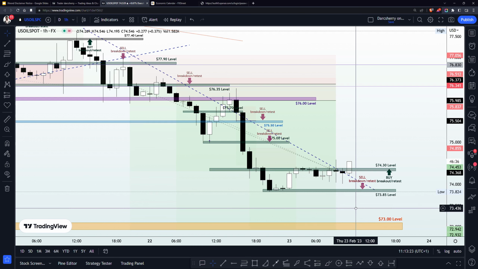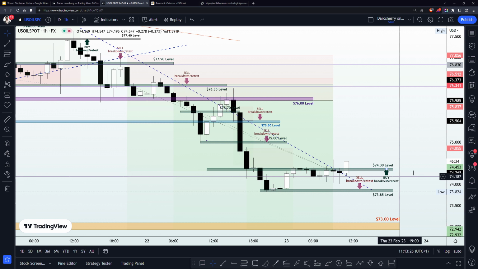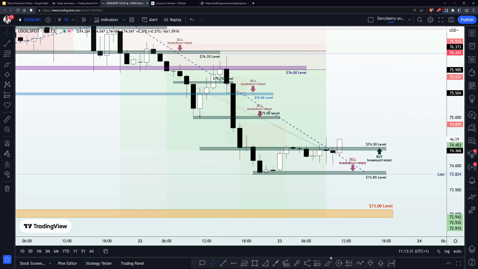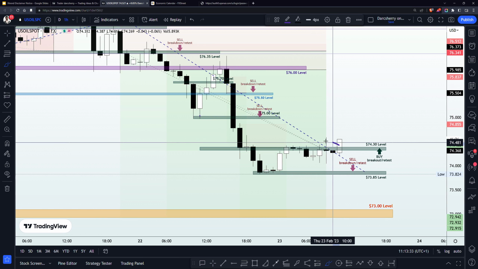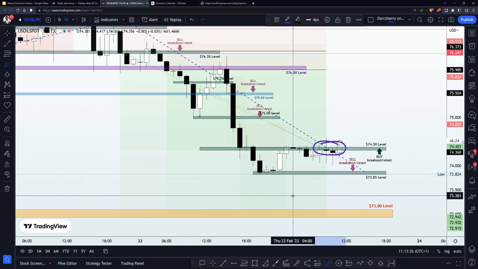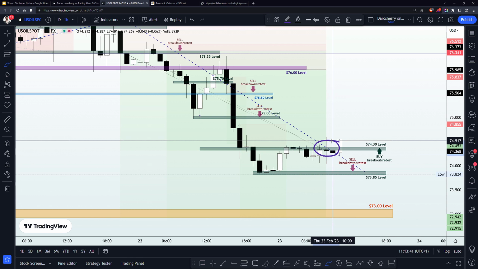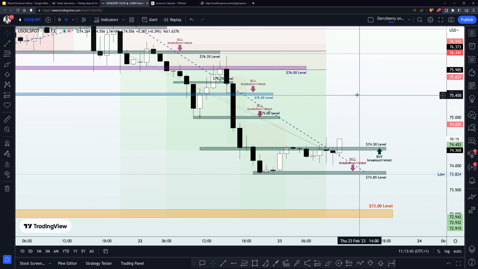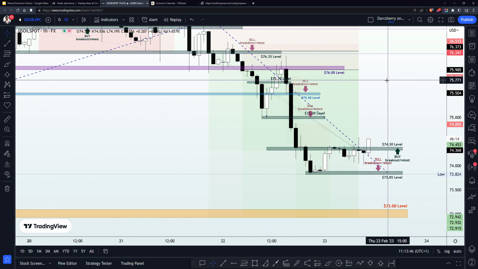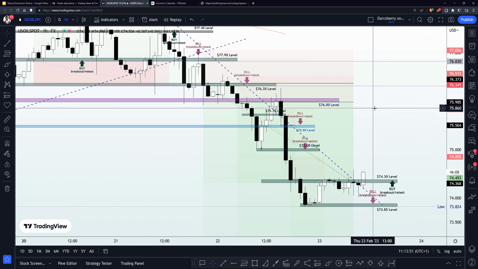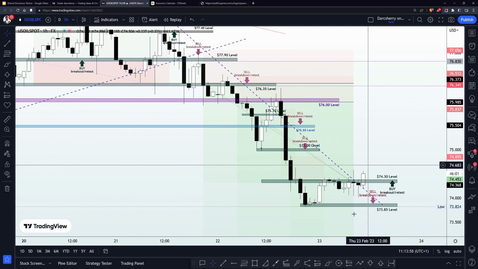But for those who are still in this trade, I will be advising you to get out of that trade at this point, as we have a situation here where price action appears to be trading right above the $74.30 level, which is sharing a beautiful confluence with that bearish trend line that we identified earlier to signal a possible bullish momentum happening around this area. So at this point, if you are still in the sell position right now, kindly get out of this trade as we look forward to what to look out for going into the New York